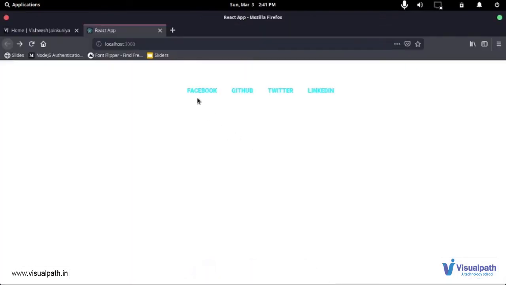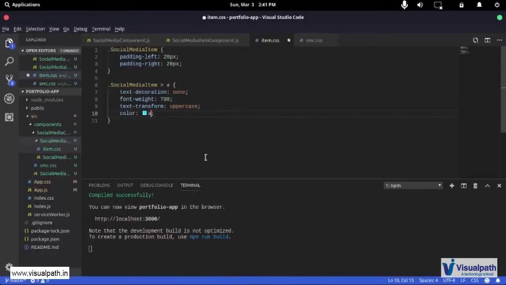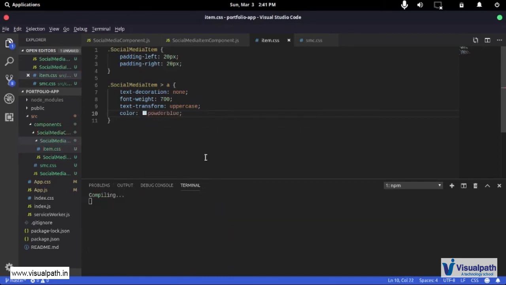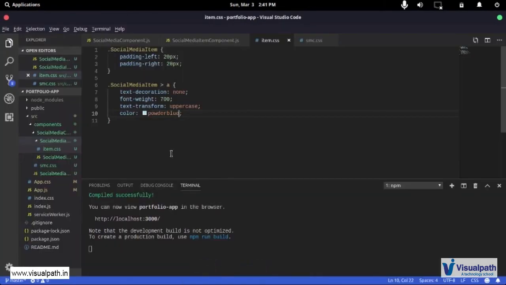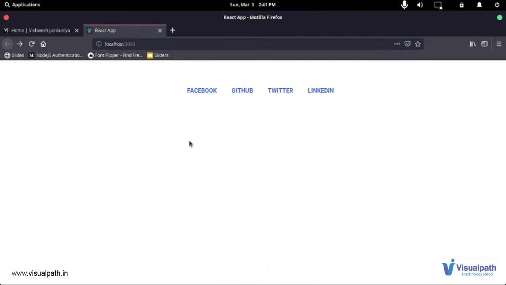But it's not looking good, so let's say powder blue, and this color might be really familiar to you. This is something that Facebook uses, and if I say royal blue, then this should look good. Yeah, these are the colors that Facebook uses a lot: royal blue and powder blue. So when you go to Facebook, you see those colors a lot.